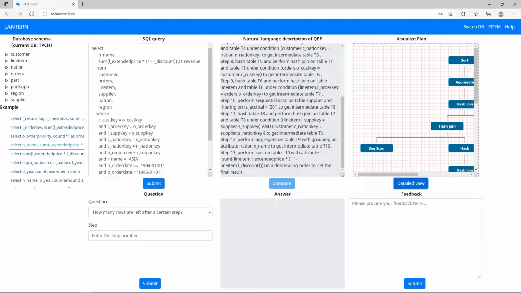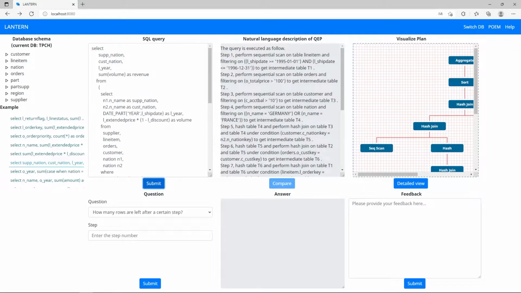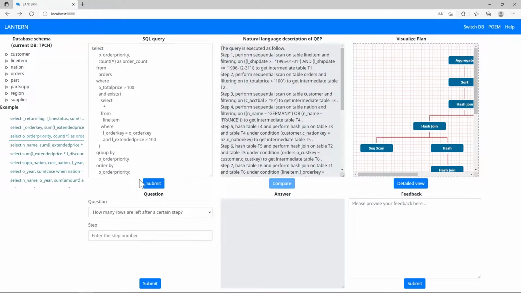In particular, a rule-based NL description generation framework may often result in learners feeling boredom after reading the descriptions for several queries, due to the repeated exposure of the same text to describe the QEPs. To mitigate the boredom issue, we present a deep learning-based framework called Neural Lantern, which provides the audience with diversified